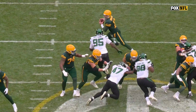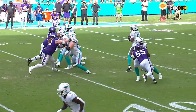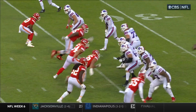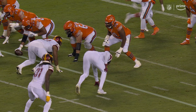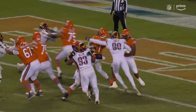Myers, and then he thinks he's going to pass him off, and no one's there, and he's just relentless to Rodgers. That's exactly what that is. Look at the leverage. He gets right up under Greg Little, pushes him right back into Teddy Bridgewater's lap. Barry comes in at right tackle, and the great Chris Jones, who's having a great season. Now here he is against a rookie on the left side and just pushes him right back into the backfield